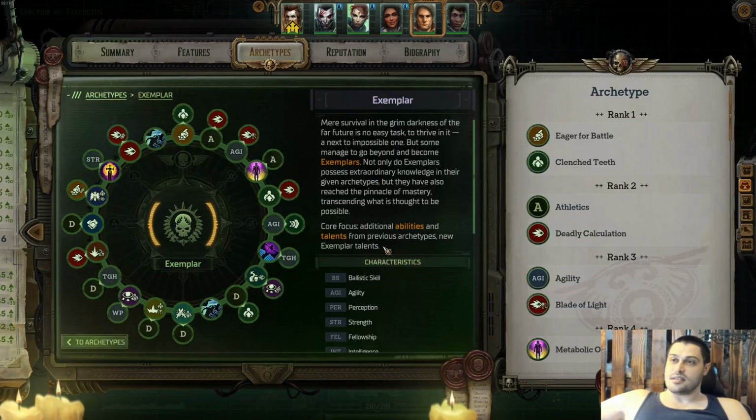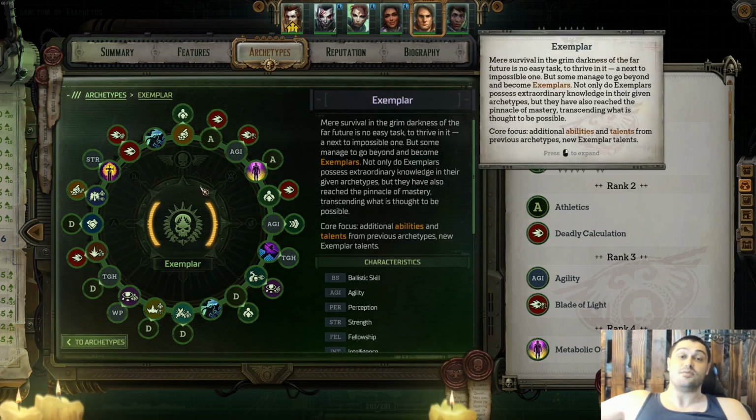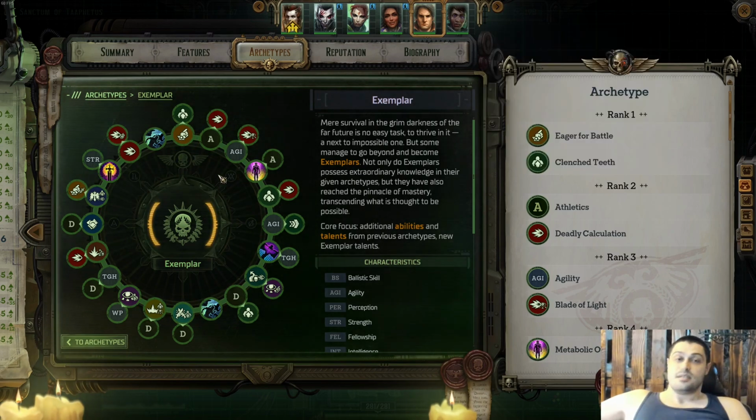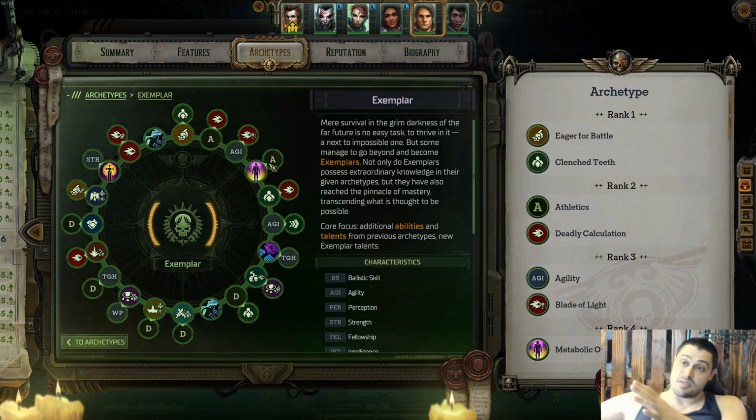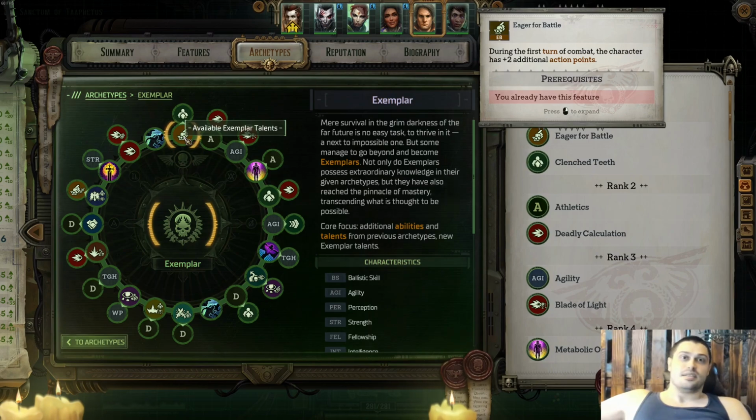From the Assassin, Heinrix receives his true power as an exemplar, and he's definitely the most OP companion in Act 4, and in Act 5 as well. So, he scales up slowly, but once he scales up as an exemplar, he really becomes absolutely great, starting from this point over here. As an exemplar, eager for battle is a must. You need a lot of action points on Heinrix, because he's got a lot of spells and skills to cast